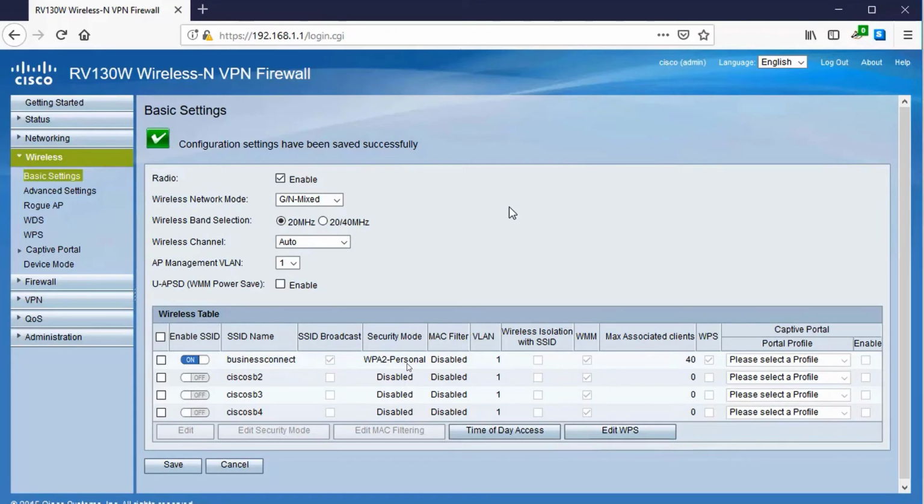Now that we've completed this wired and wireless config walkthrough video, make sure you take the time to explore your own wireless router and try